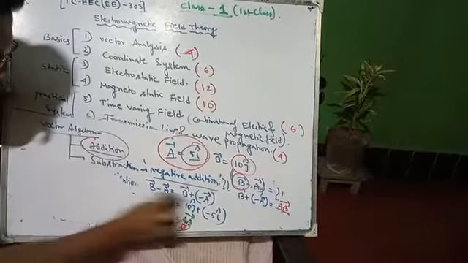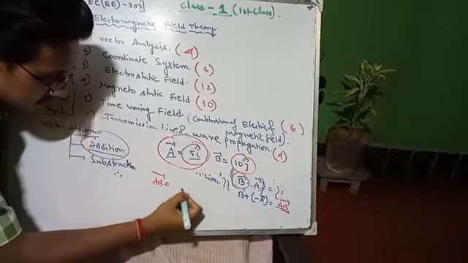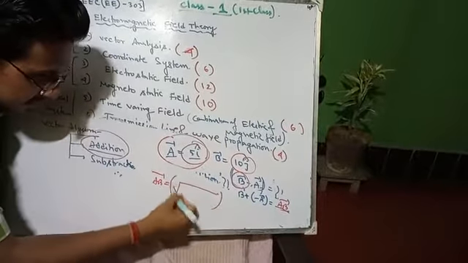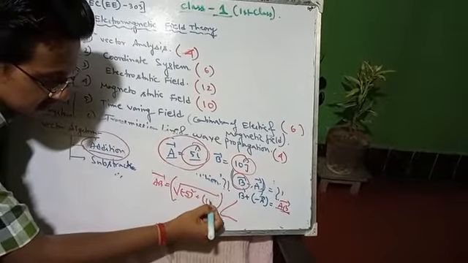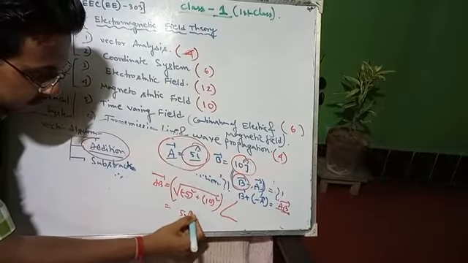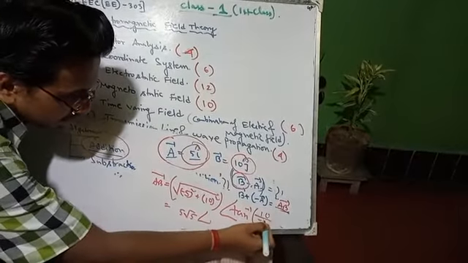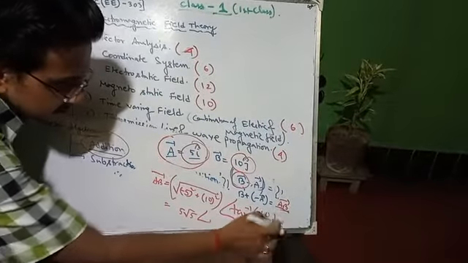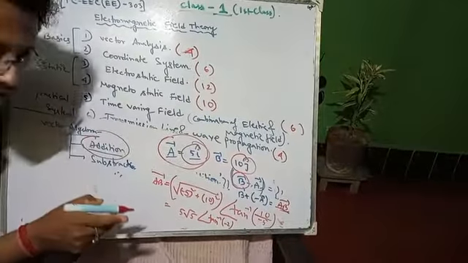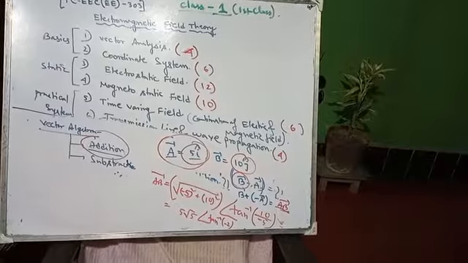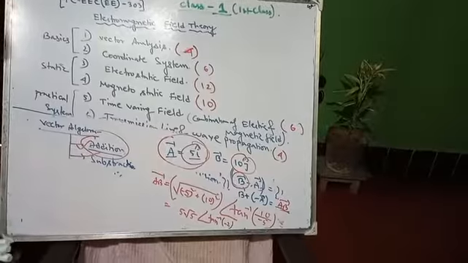So what is the concept? The AB vector has a magnitude and an angle. Magnitude is root over of minus 5 whole square plus 10 square. It comes to 5 root 5, and the angle will be tan inverse of 10 by minus 5, that is tan inverse minus 2. See, previously it was tan inverse 2 only, and now it is tan inverse minus 2. So these two concepts, addition and subtraction, are over.